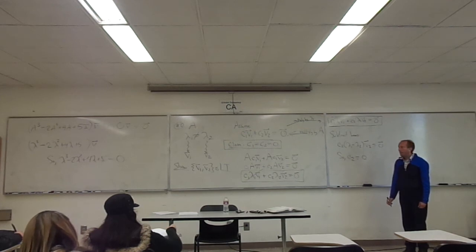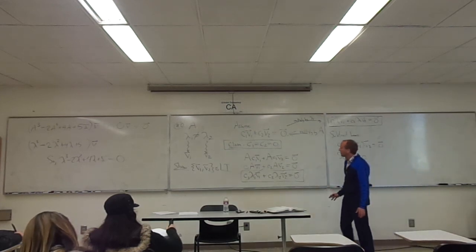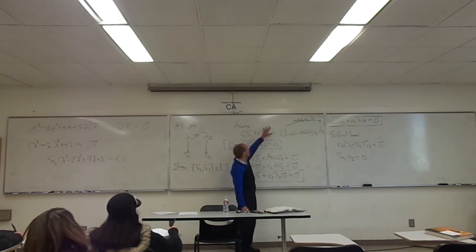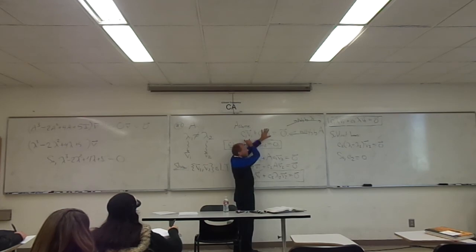Right? And now we're in real good shape, because as soon as C2 is 0, and even just going way back to the beginning, as soon as C2 is 0, now what do you have? You have a constant times